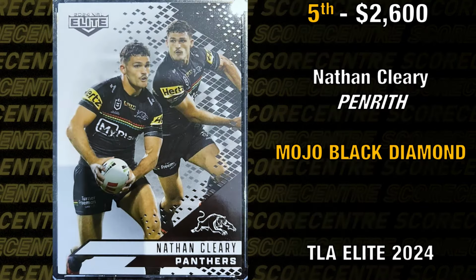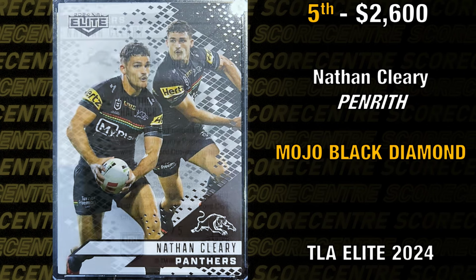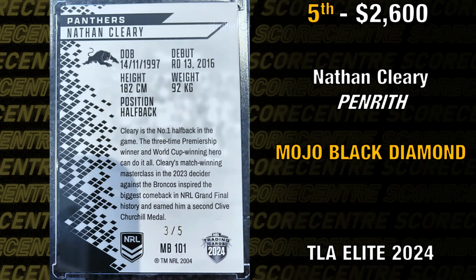And in 5th spot for $2,600, we have the Nathan Cleary Mojo Black Diamond. The Mojo Black Diamonds are, of course, only numbered to 5, so highly, highly sought after. Nathan Cleary, the hottest NRL player in the game. Of course, his Black Diamonds will be selling for the most. And we have this one numbered 3 out of 5, selling for, of course, as I just said,